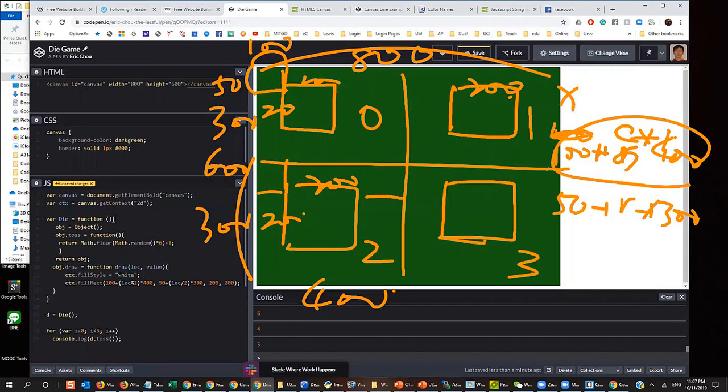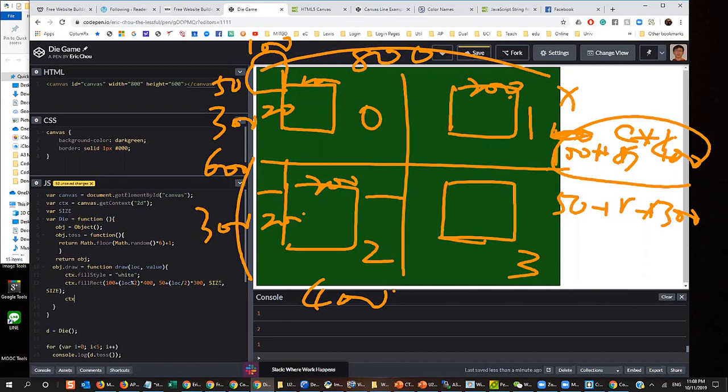So here again, I declare a variable called die size. Here I just put my size over here. Okay, that actually is the field. So at the same time, I also need to do